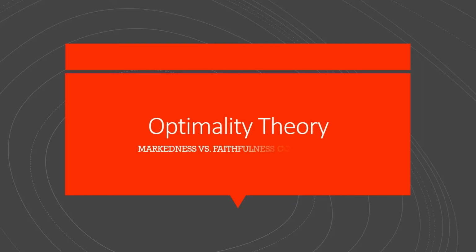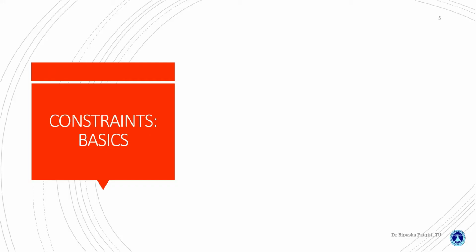Hello everyone. In this video we are going to discuss the conflict between markedness and faithfulness constraints in optimality theory. Here are some basic points that we need to know before we really begin to understand the conflict between these two types of constraints. The basics are